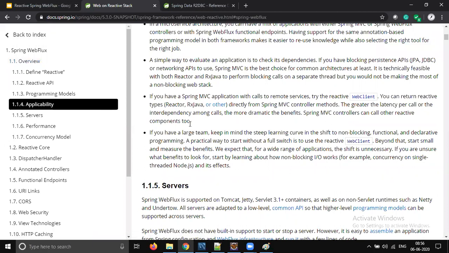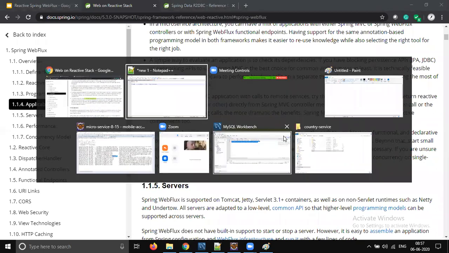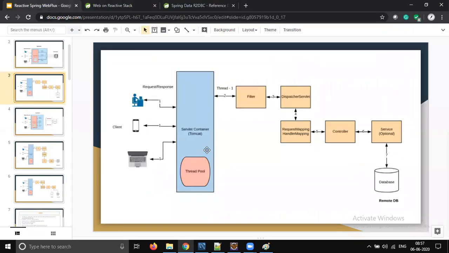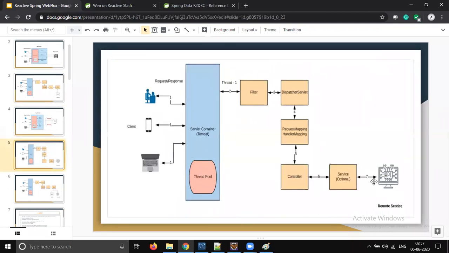We discussed that if you have a large team, keep in mind the learning curve for the team. There are so many use cases you should keep in mind, because it's completely a new model of writing code. But I'm telling you, companies have started using reactive programming, mostly where they don't have much database interaction.